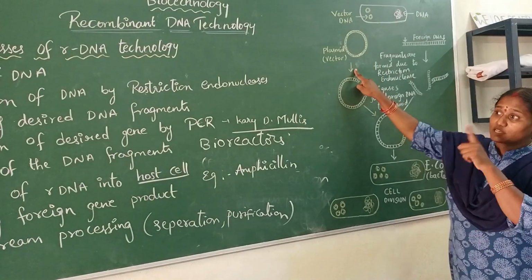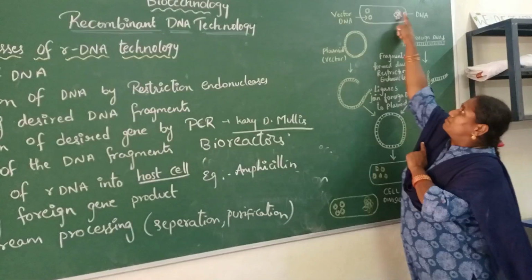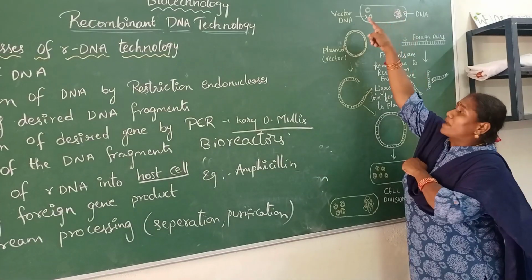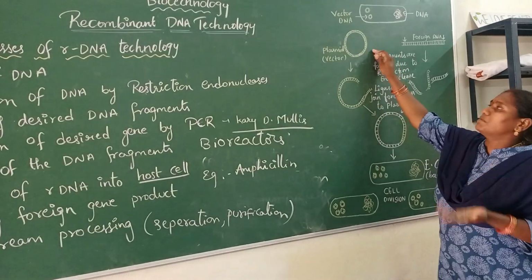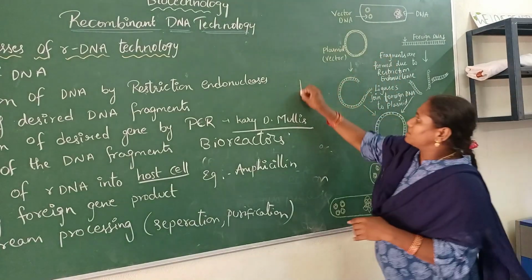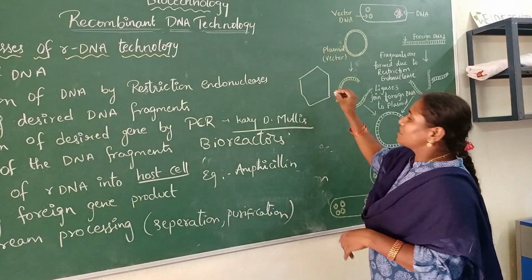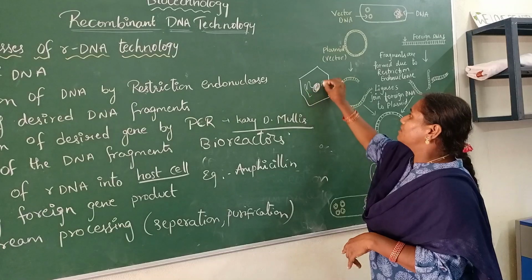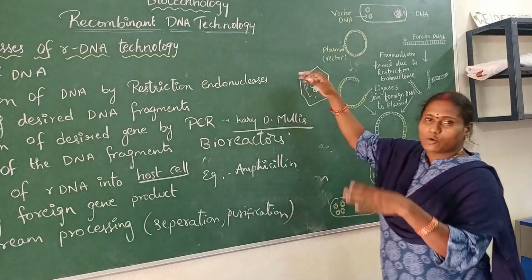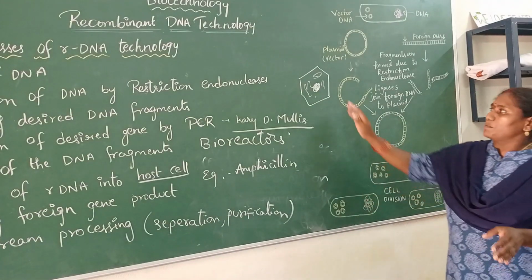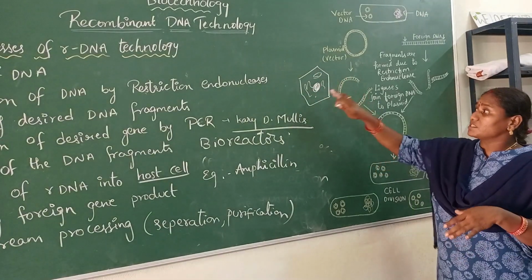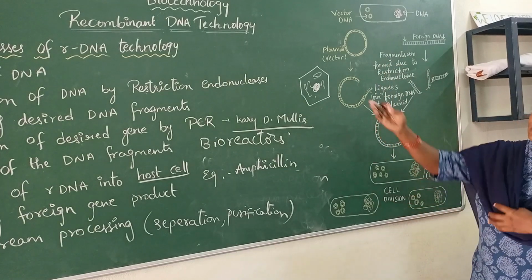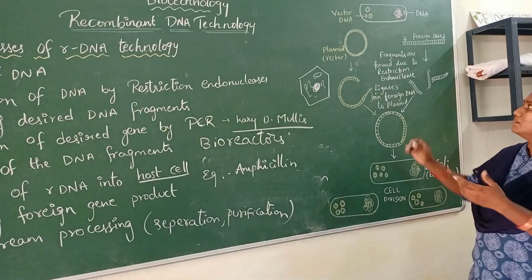So first I have said isolation of DNA. This is a cell. Now here we are explaining it as a cell. So here we look at a bacteria cell. Actually in animal cells we know that an animal cell is like this, isn't it? A plant cell is like that. In this you have a nucleus here and you have several cell organelles and vacuoles, etc. So many parts are present in this. So many cell organelles are present inside. But first you have to separate the DNA. That DNA should be isolated. As I said before, isolation of DNA can be done.